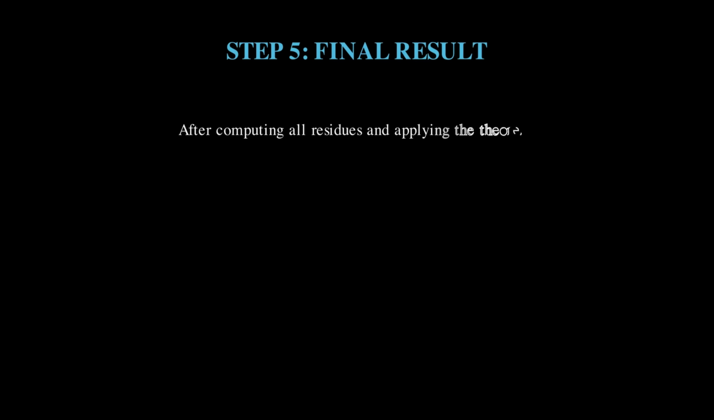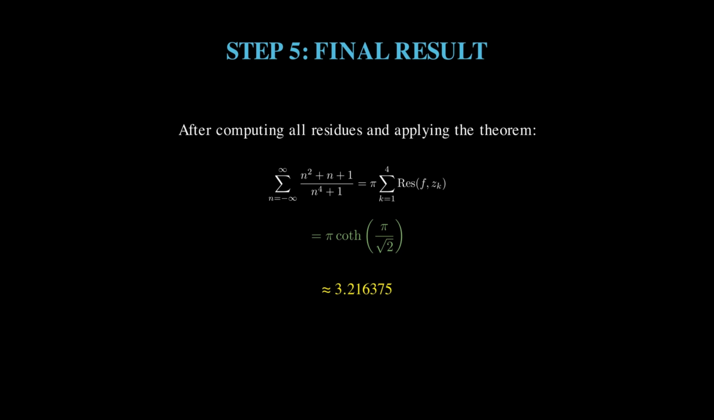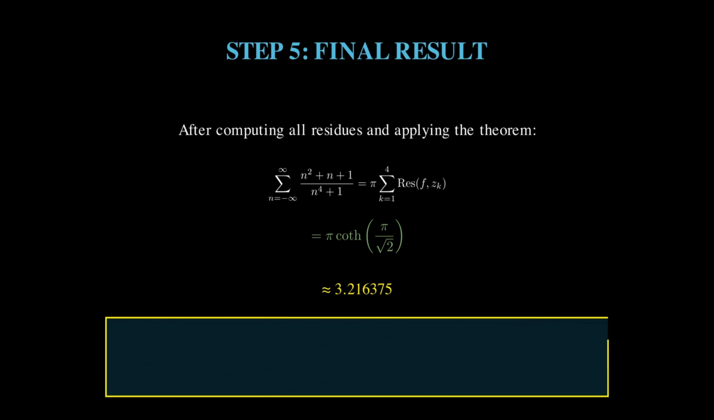Step 5. The final calculation. After computing all 4 residues and using the symmetry properties of the complex exponentials, along with the relationship between cotangent and hyperbolic cotangent for complex arguments, we find that our infinite series equals pi times hyperbolic cotangent of pi over root 2. So our final answer is the sum from negative infinity to positive infinity of (n squared plus n plus 1) over (n fourth plus 1) equals pi times hyperbolic cotangent of pi divided by root 2,